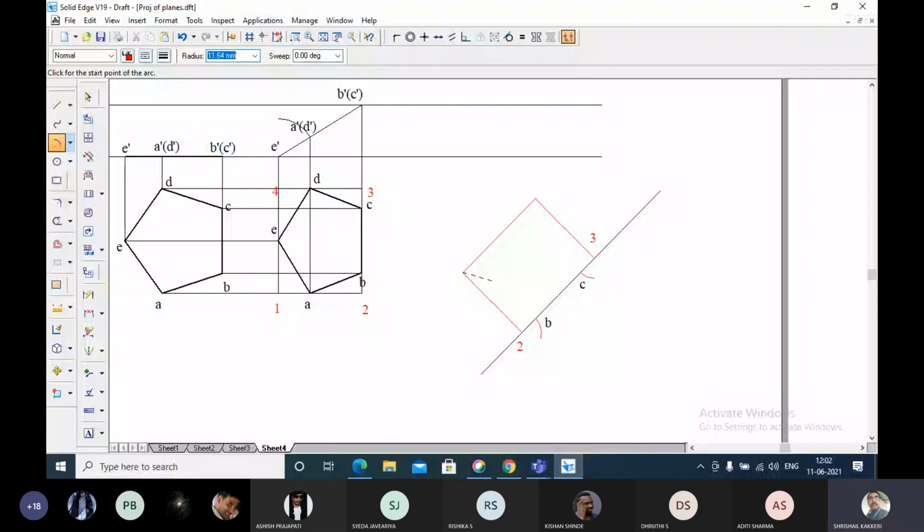From here also 12.55. All these will be thin lines. Now draw this pentagon visible from mid of this one, from end, and from end of this, and again from end of this B, and end of this one, and end of this. This is how I have constructed this pentagon.